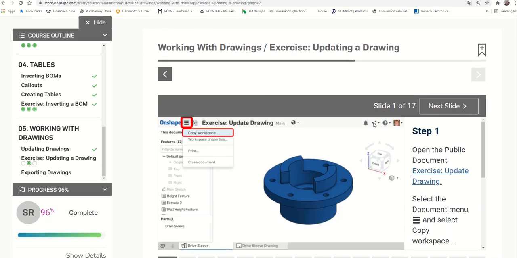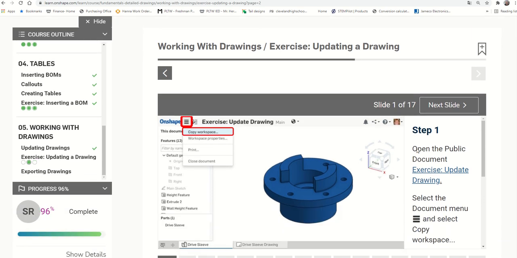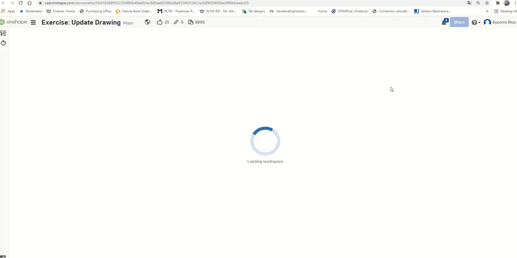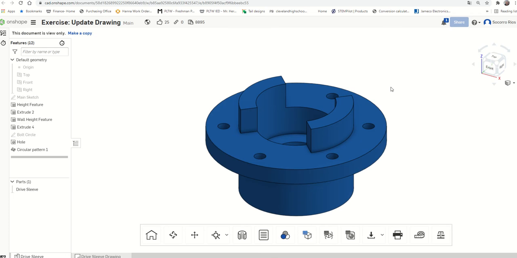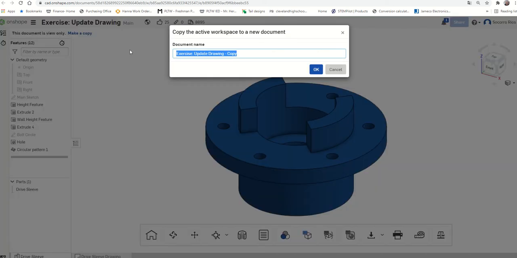All right, so the first thing on the list of steps is to open the public document, which is this one here, the blue one. I'm going to click on it, and automatically it will open another tab, which is good for me, so I can go back and forth using 2 tabs, one for my instructions and the other one for my document. Once I have this, I need to make it mine, and by clicking here, make a copy, or you can also do copy workspace. It's the same thing. I'm just gonna type tutorial, and I'm gonna click OK.